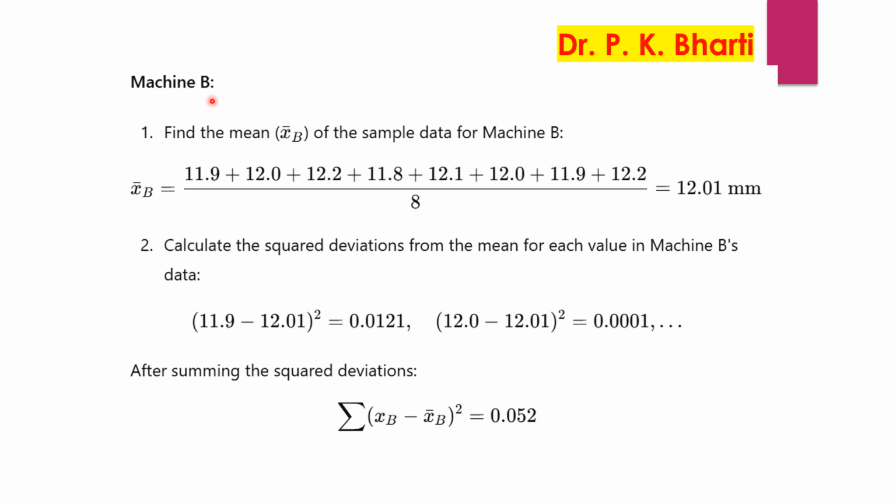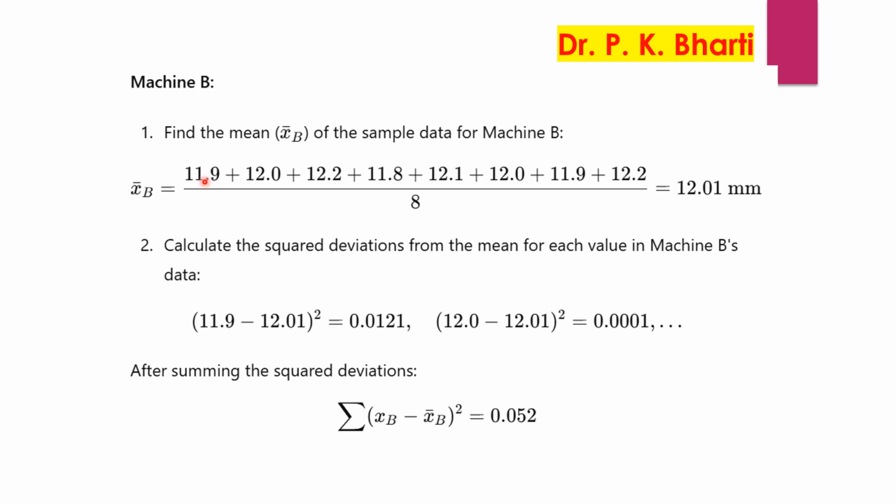Similarly, we can calculate variance for the sample data of machine B. First, we will calculate average value or mean value by adding all the values. Since sample size is 8, we divide it by 8, we get mean value as 12.01 mm. To calculate summation xb minus xb bar whole square, that is